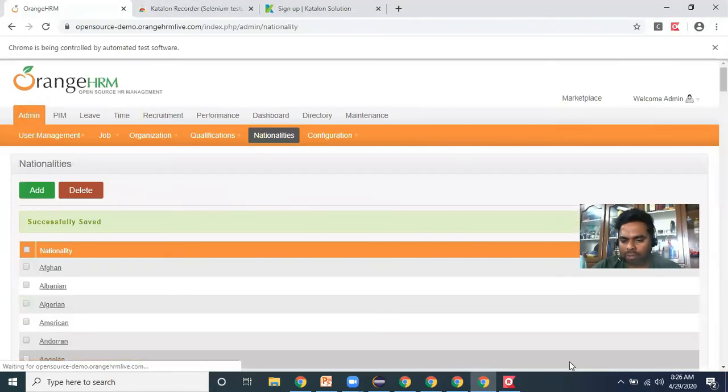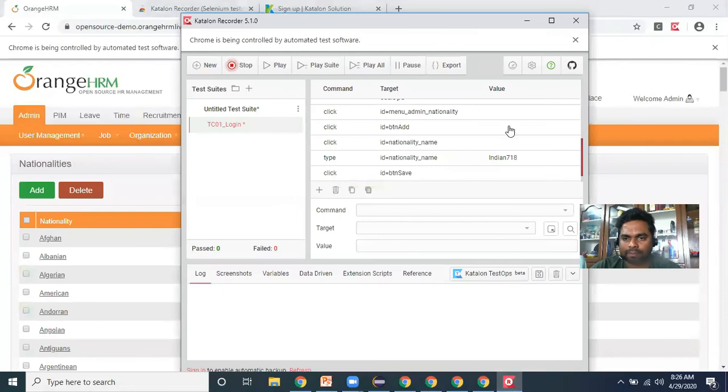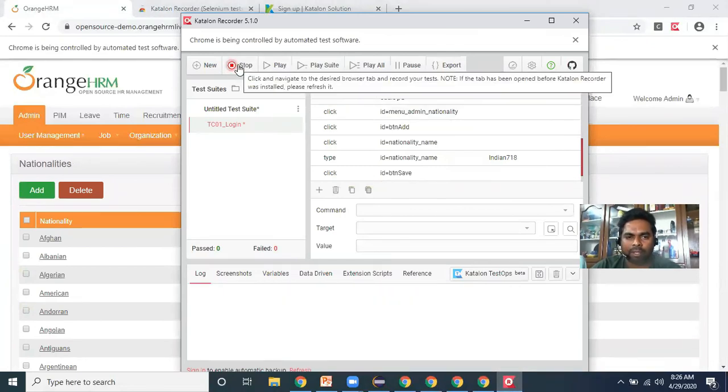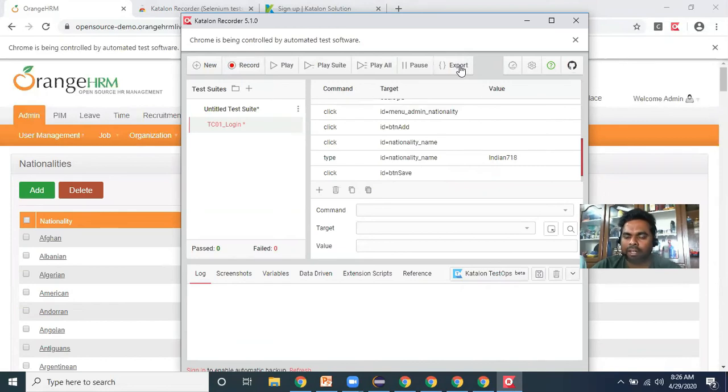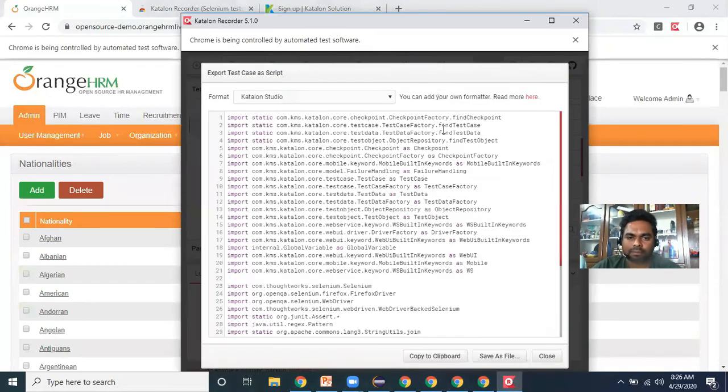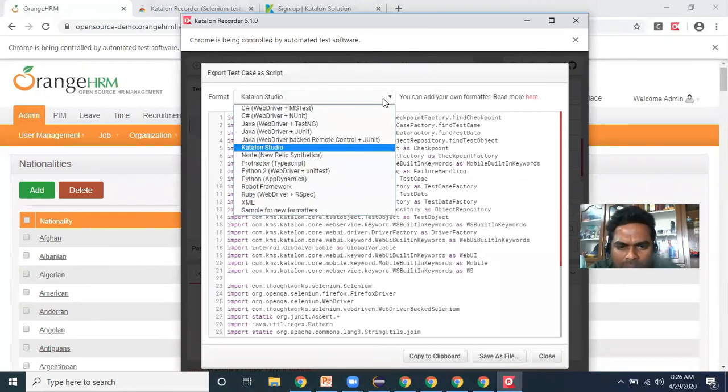Now let's see how to export the script. We need to stop the recording and click on export, and here you will get the options. Now we are doing Python, the Python WebDriver unit test.